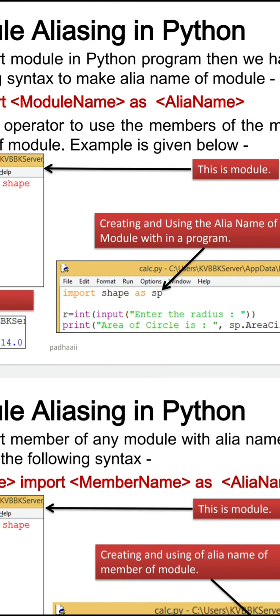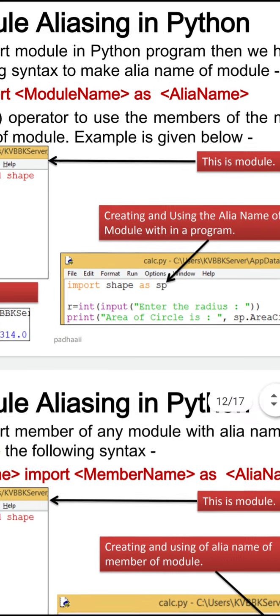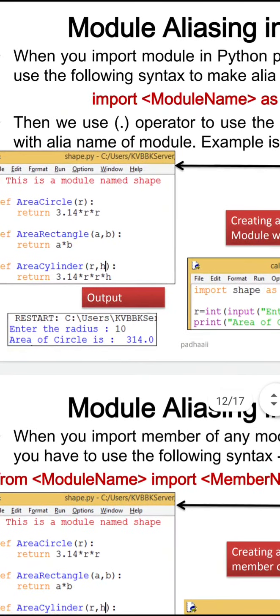If we want to give some other name to this shape, because you might have used shape somewhere else, so you want to rename this existing module, so what you will do is import shape as sp. So now henceforth we'll refer to the functionality written in this shape with sp. Okay, so this is the shape, and